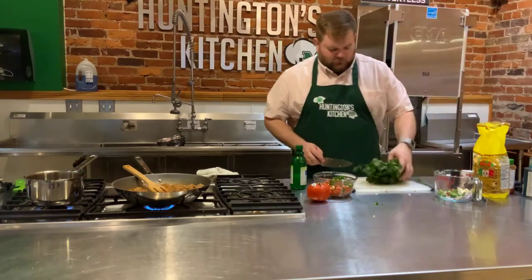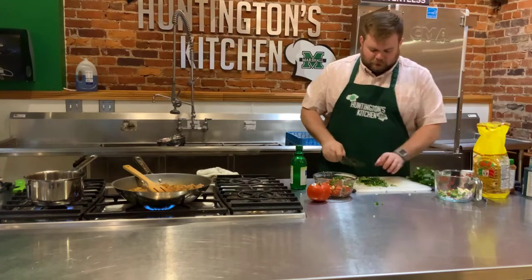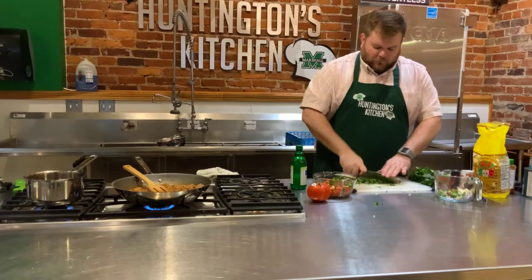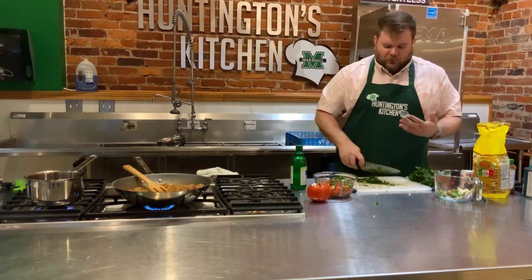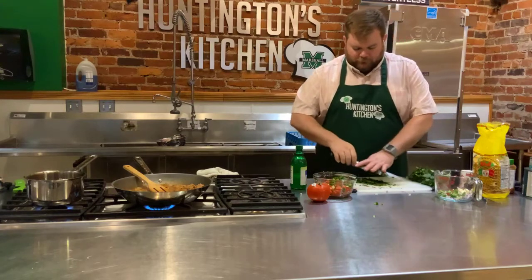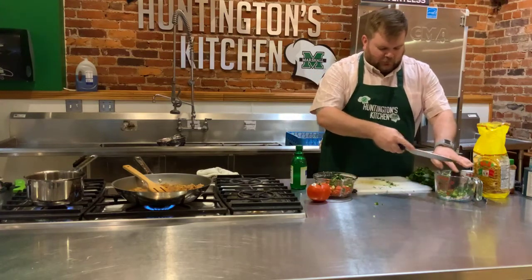We got some cilantro here. We're going to chop this up, get a little finer chop in there. And some people don't like cilantro. If you're one of those people that has the chemical imbalance, it's a natural thing where it tastes like soap, don't put it in there. Just put a little parsley in there for some color, and you'll be fine. So I'm going to take some of that in there, some of that in there,